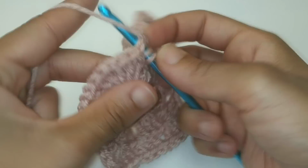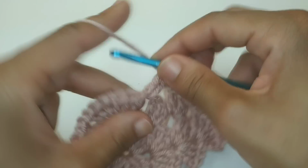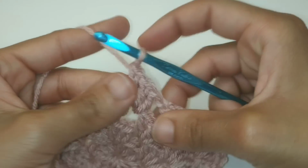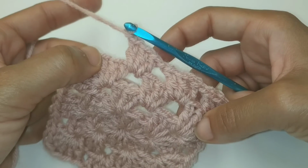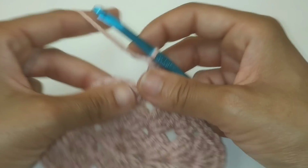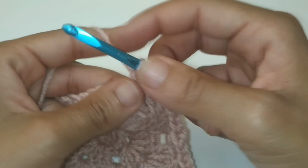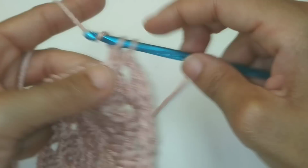1, 2, and 3. Chain 1, and since we're back at the corner, you're going to place 2 clusters into the corner stitch. I'll work that with you. I'm going to move a little bit faster because I'm sure you know how to work a cluster by now. That's 2